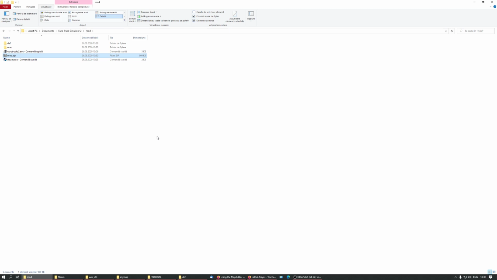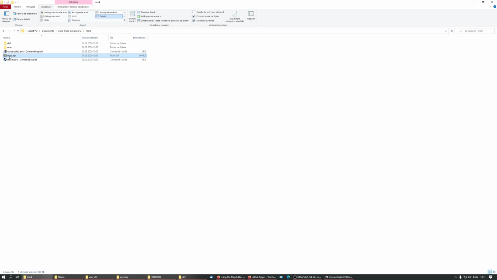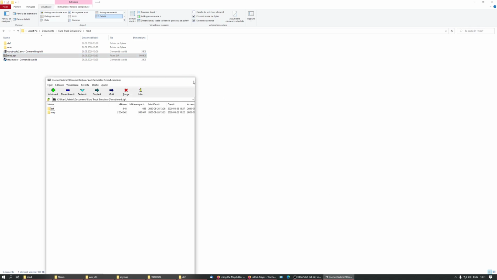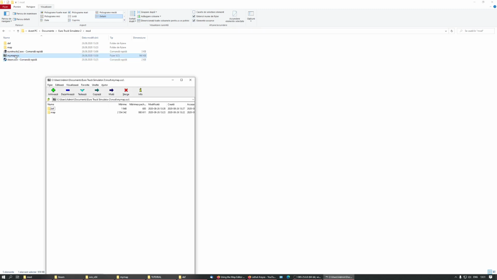These are the steps to follow when you want to edit your map. When you want to publish your map, it's very simple. For example, you set a name for your map, my map. You can change zip to SES. Keep in mind the game reads both zip and SES. Go here. Can go to my map. Delete MDB,